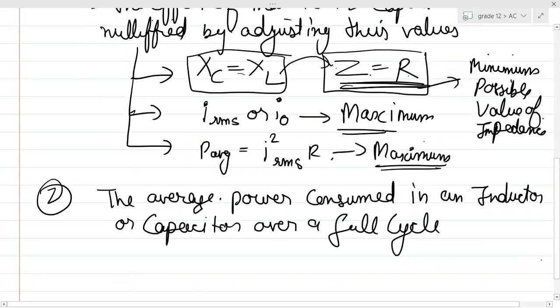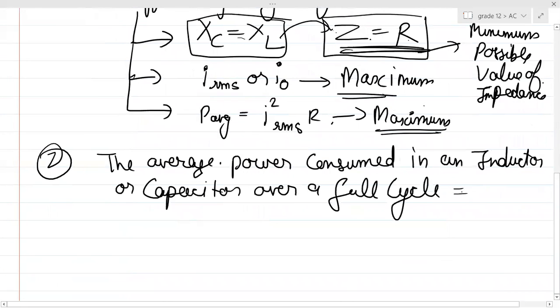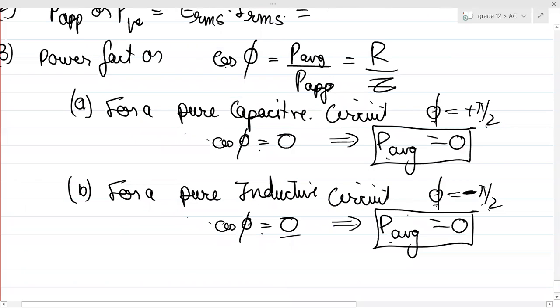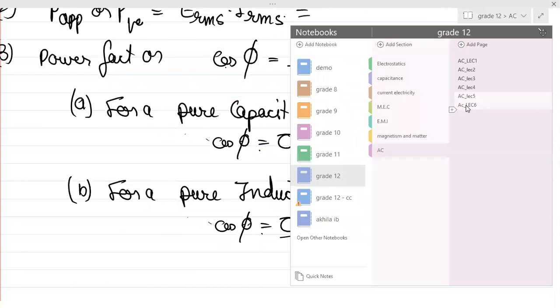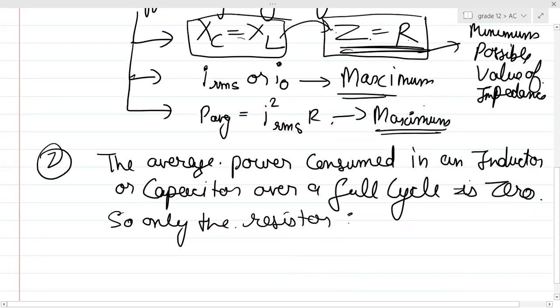Do you remember this average power, which we did in the last class? It is 0, right? Yes or no? So hence you can write it over here is 0. So only the resistor consumes the power